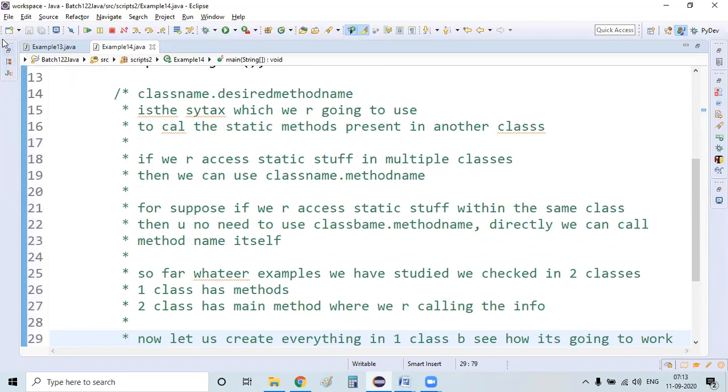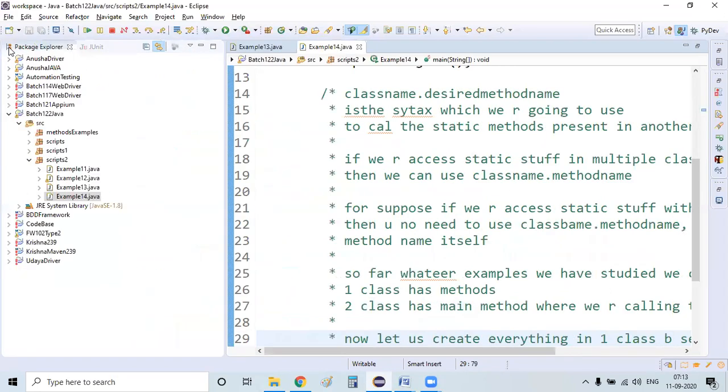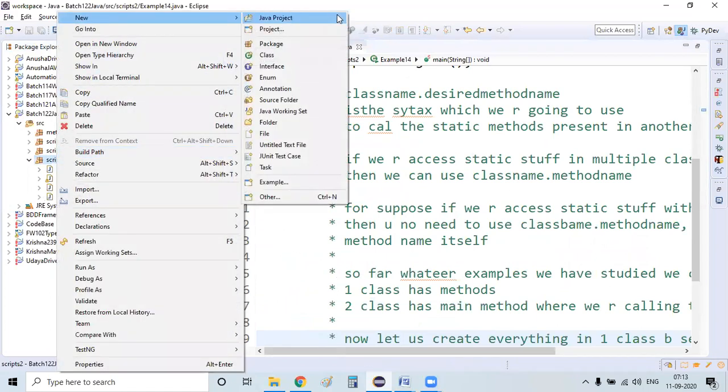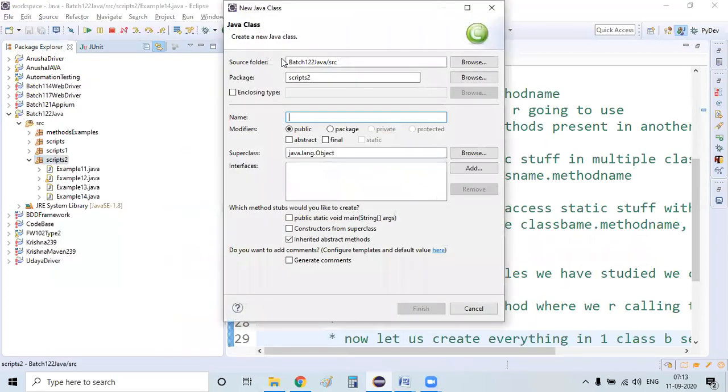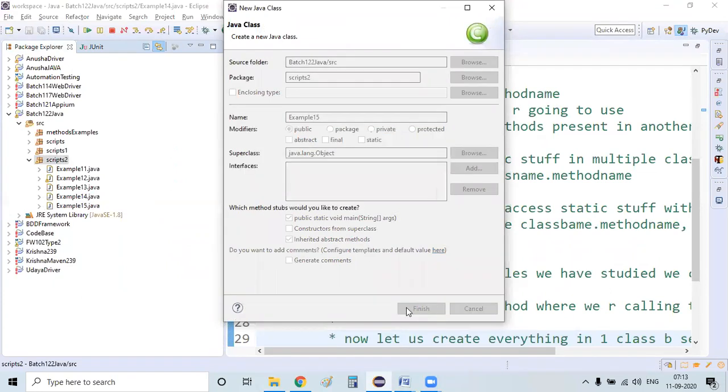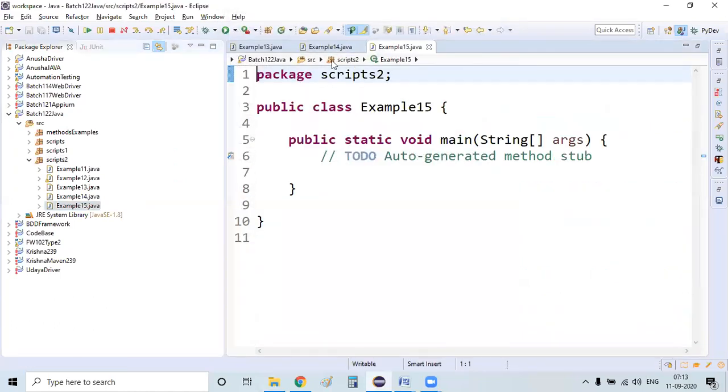So, let me create a new Java class, example 15, with a main method. That's fine. See here, guys, if you observe the scope basically,